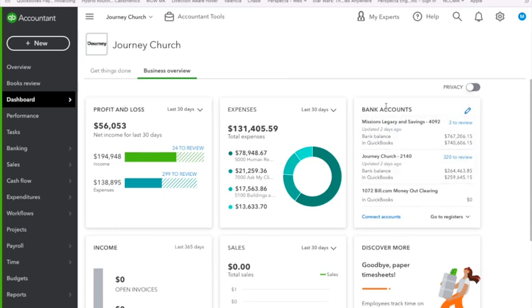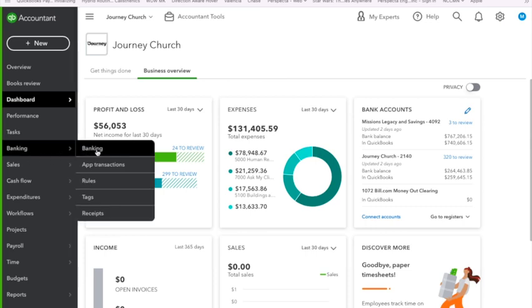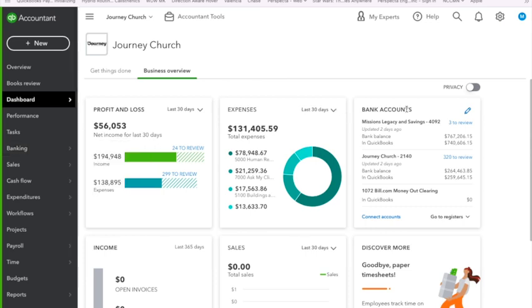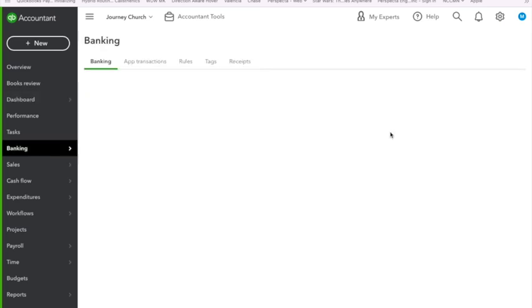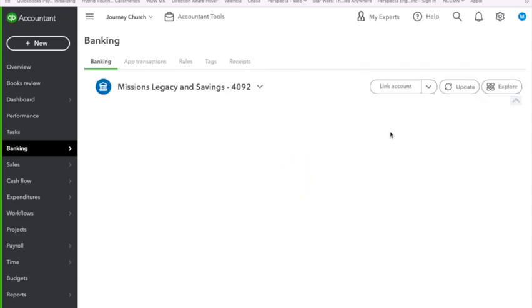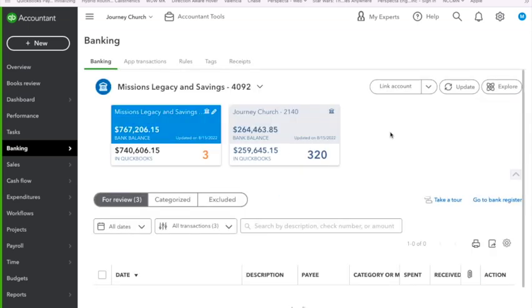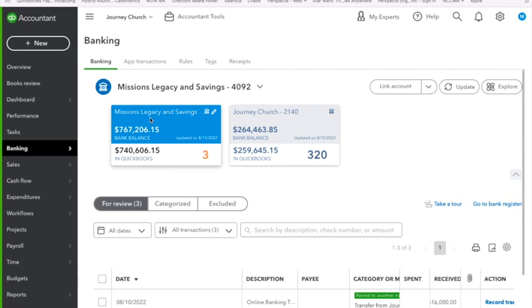But let's take a look at bank accounts in this case. I can get there in multiple ways. I can go to banking here on the menu, or I can just hit the bank accounts area, and for example I would go in to take a look at this account. If you notice, the one highlighted in blue is the particular account I'm using at this time.